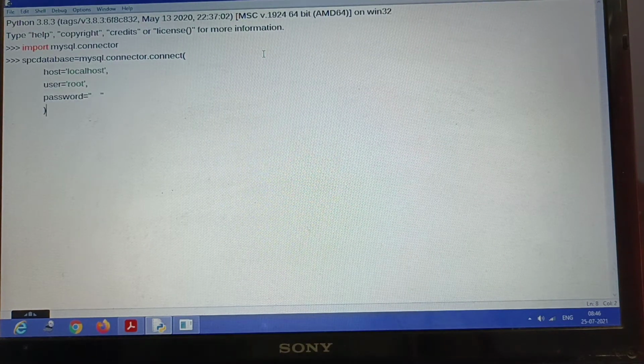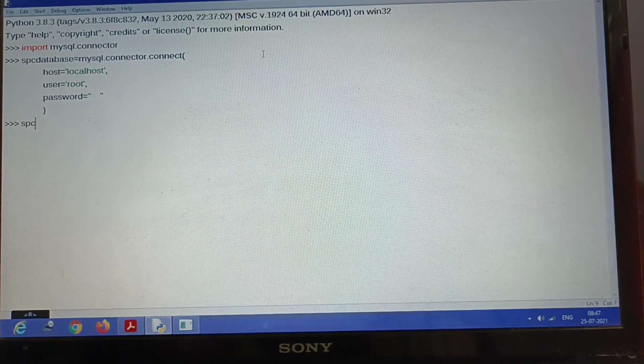Now you can see that the connection is now closed. Press enter, and you are back into the Python shell. So in the interpreter, now I have to call, with the help of the connection that I have created, whose name is SVC database, the cursor function. This particular method will be very useful in calling various other methods, the actual method that can run and execute the various MySQL queries that we have just seen in MySQL.